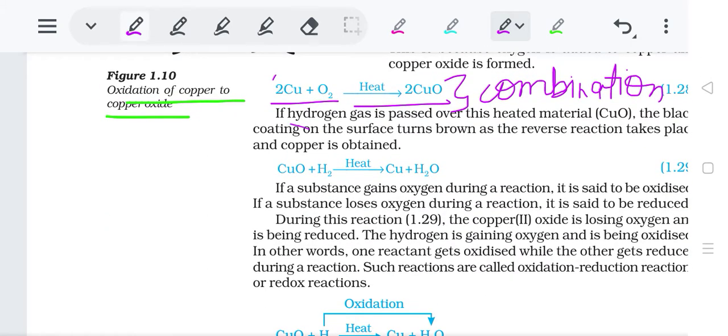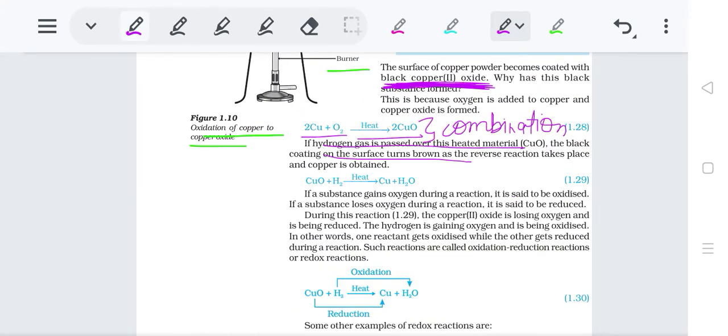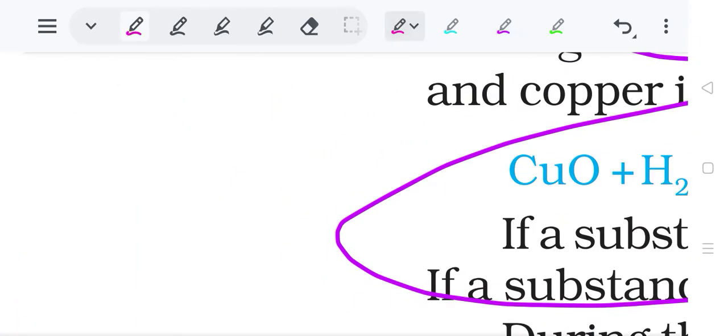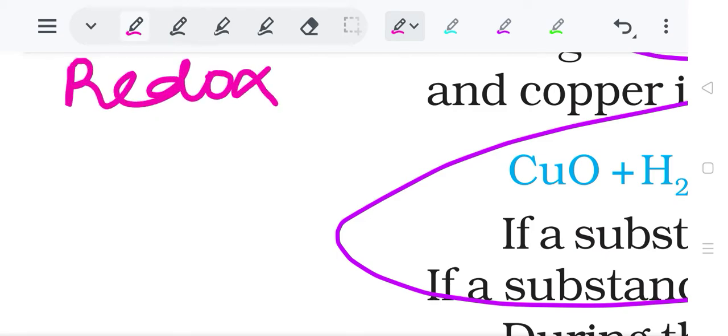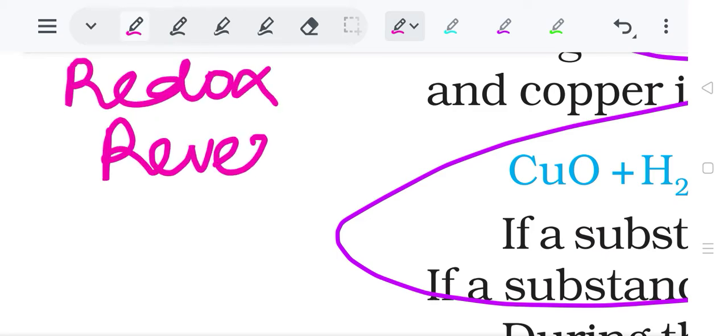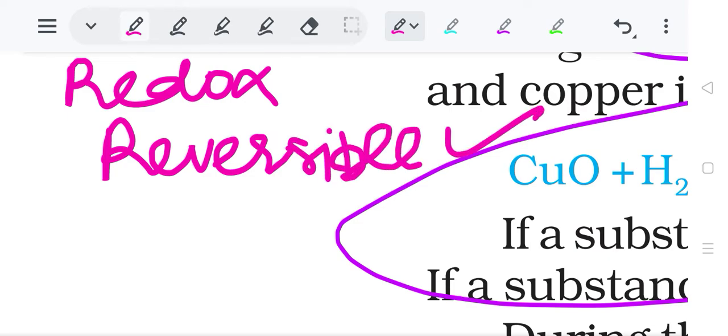Then hydrogen gas is passed over the heated material. The black coating turns brown and reverses the reaction. So now if you add hydrogen, it will form copper plus water. So this is also an important question that has come in previous examinations: are redox reactions reversible? Yes, they are reversible because